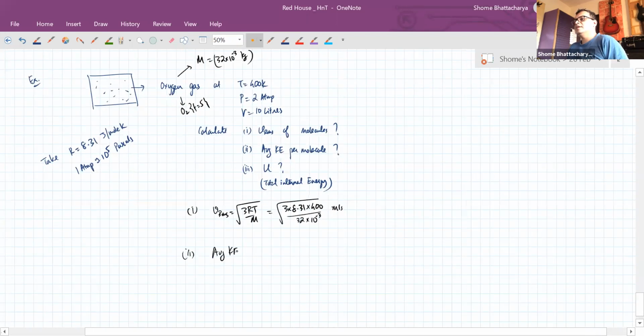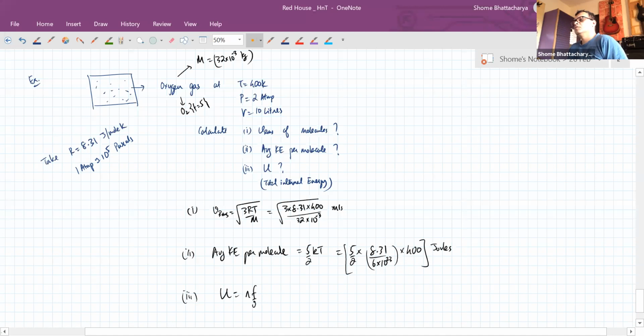Then average kinetic energy per molecule will be 5 by 2 kT. It's becoming joules. And total internal energy will be